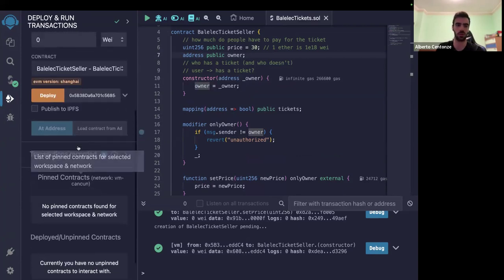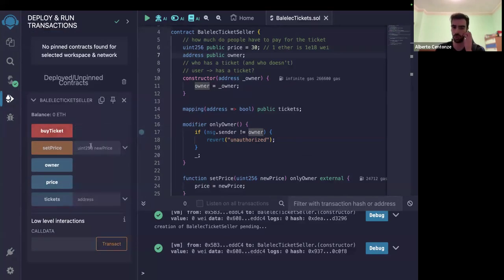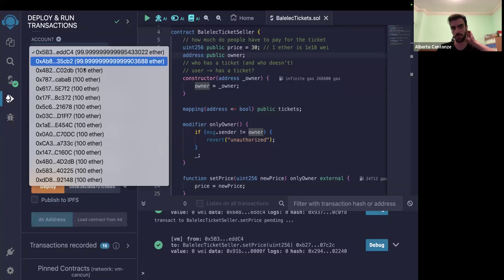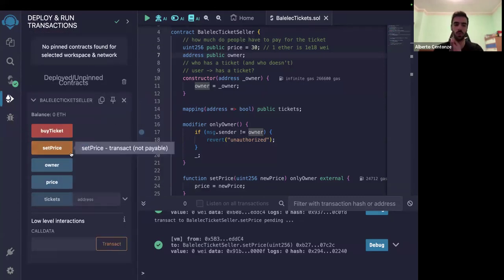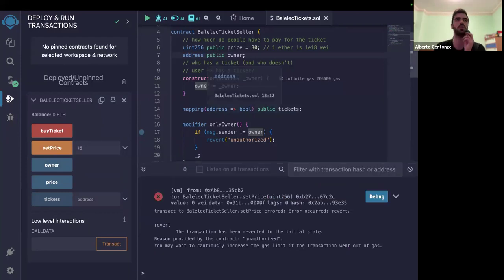Okay, so this is the old contract. Let's deploy again, so I'm sure I know which one I have. See here, if I try to change the price to something else, I can because I am the owner. And if I'm someone else, it doesn't work. So this is how you make things more scalable. For example, if you have multiple instances of the same contract, like imagine you have a really good template for tickets. You don't want to use it only for Balélec. You want to use it for any kind of event, and this is how you can do it. So here, if I change the owner to someone that is not the actual owner, we have an error and it reverts.